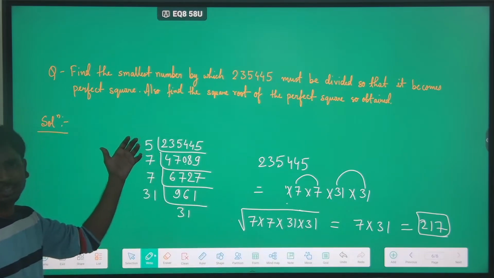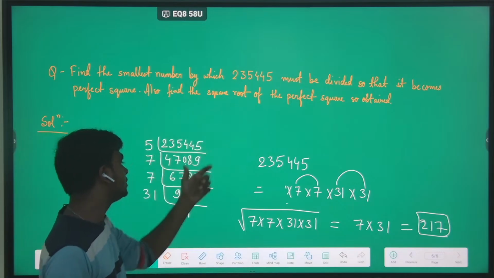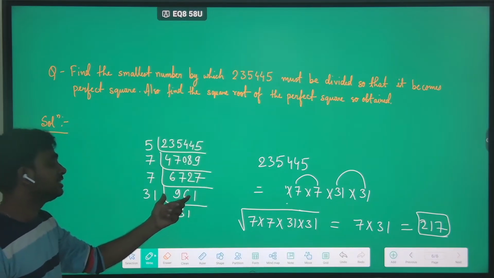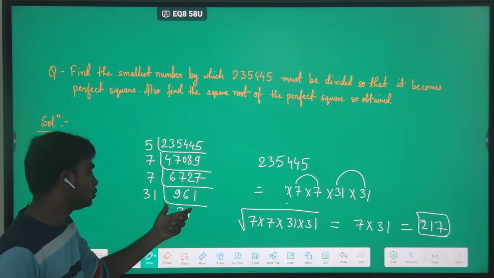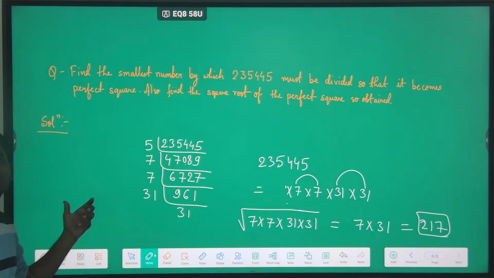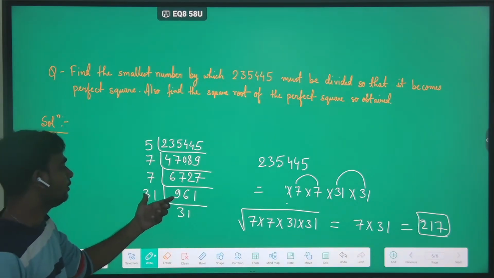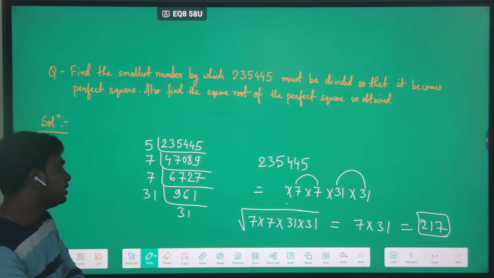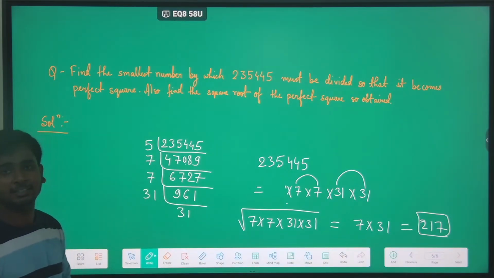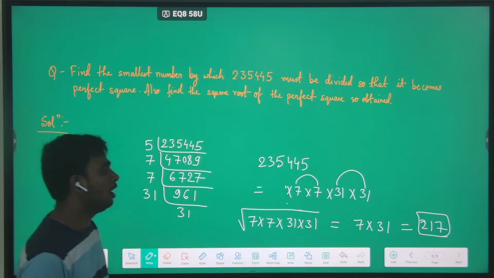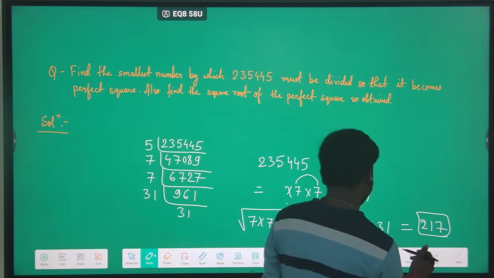So this was the question. This was a tricky question because here the square root of 961 is not known to us. So we will use the technique of the long division method here. And after that, we will find the factors which divide 961. Okay. Now, after this, there comes a part